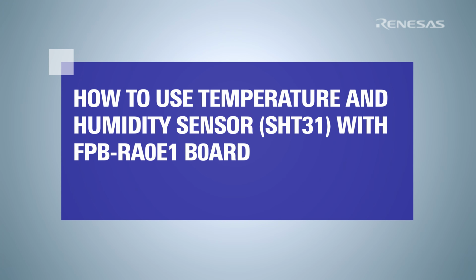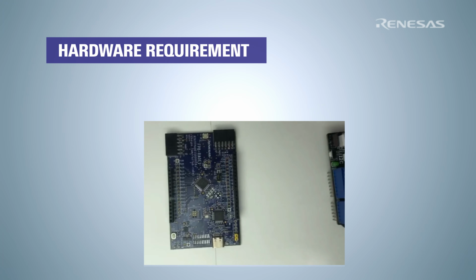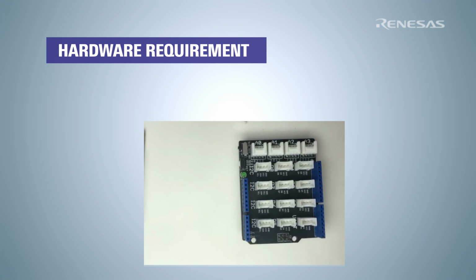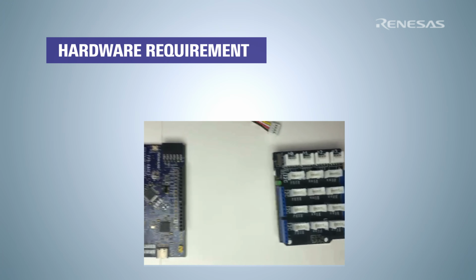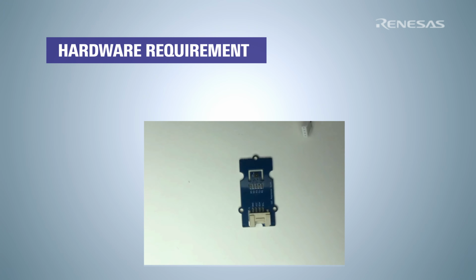In this project, I will demonstrate how to use a temperature and humidity sensor with the FPB-RA0E1 board. For this project, I am using the FPB-RA0E1 board, a Grove base shield for the Arduino interface, and an SHT31 temperature and humidity